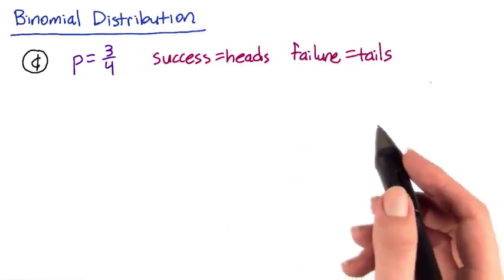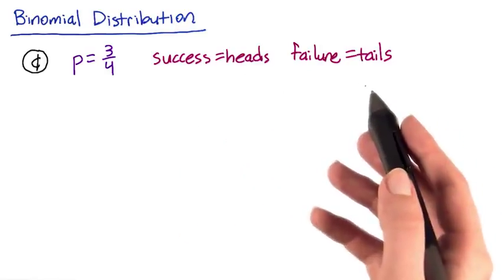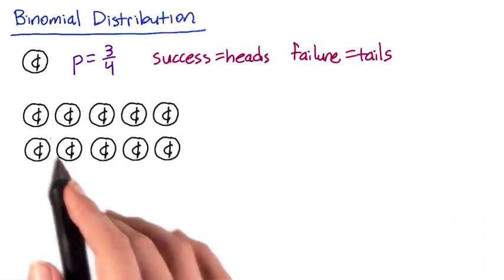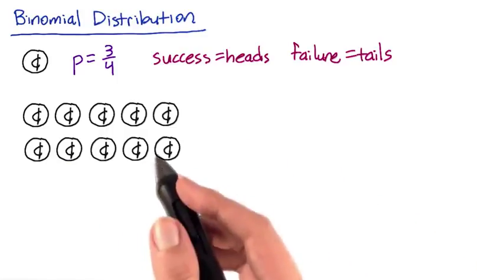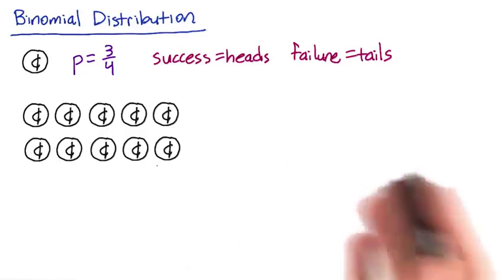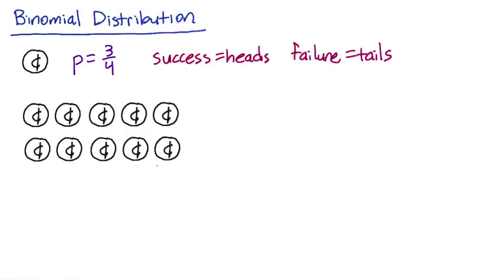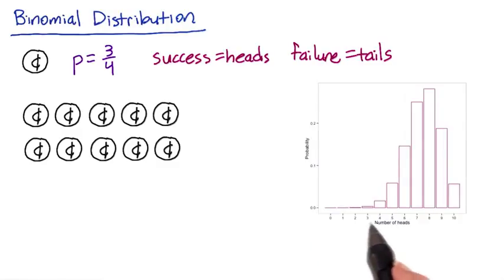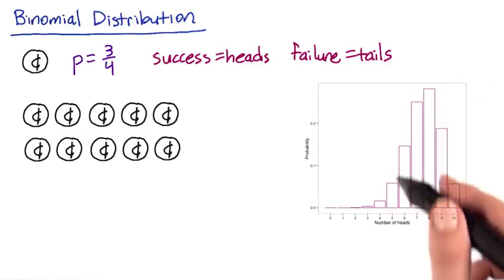This doesn't necessarily mean we're upset if we get a tails, it's just a way of specifying what the two outcomes are. Now let's say we flip the coin 10 times. How many times will it come up heads? Of course, it could come up heads 0 times, 10 times, or anything in between, but some outcomes will be more likely than others. If we mark the probability of each number of heads, we'll get something that looks like this. As you can see, the most likely results are 7 or 8 heads, but anything between 6 and 9